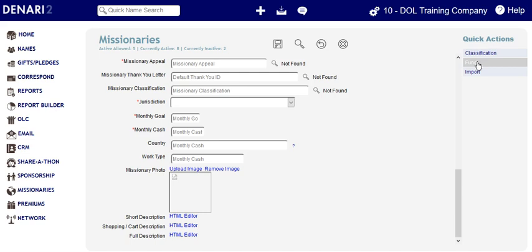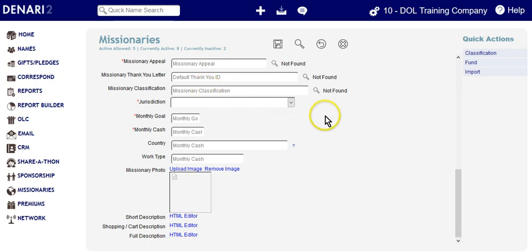You should only have to run this once because moving forward, as I said, new gifts will show up and link the donor to that missionary. But what about people who have never given a gift to this missionary but want to be on the missionary's list? As mentioned earlier, you can create a classification and assign it to those name records. Then select the missionary's classification here in the form,